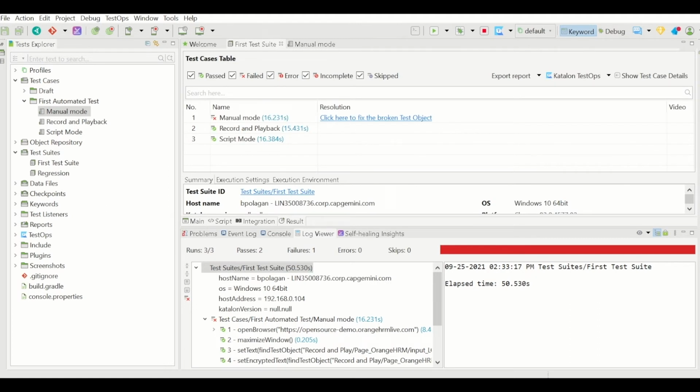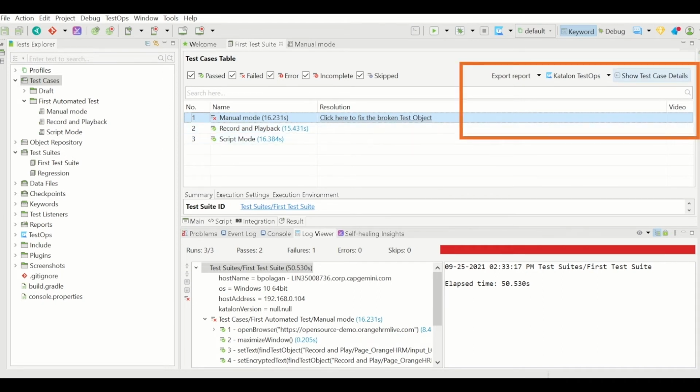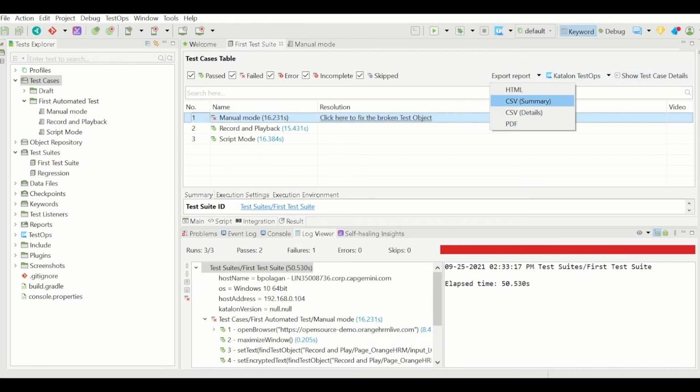In the results window, we are able to see the three test cases that are part of this suite. The first test case has failed as expected. The other two test cases are successful. Now, how do we see where it has failed and how do we track it? So we have this option called show test case details, which I'm going to show you. You can export the report into HTML, CSV, or PDF. That is something which we are going to see. You can upload these results into the desktops. We'll see all these sessions later in detail, but let me just show you these reports.